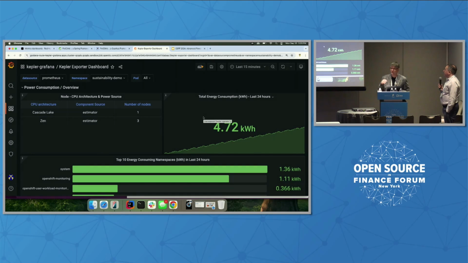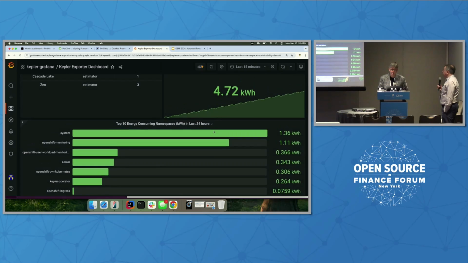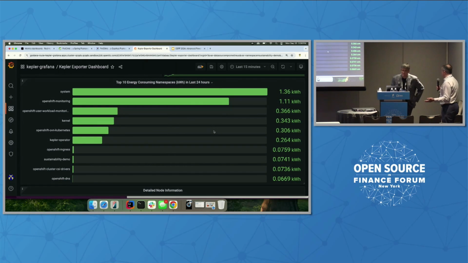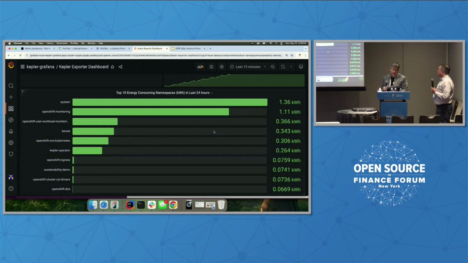I can see the total energy consumption in the last 24 hours for the whole cluster. It's not the granularity level that I was talking about in the beginning, but it helps me understand how much this cluster has consumed. Since it's based on Prometheus and Grafana, you can go back and ask what my power consumption was this quarter versus last quarter. Exactly, and you can aggregate and build this at different levels of granularity. We put 24 hours by default, but you can change it, collect data differently, and visualize it. And we can see that it always grows because there's always more energy being consumed.